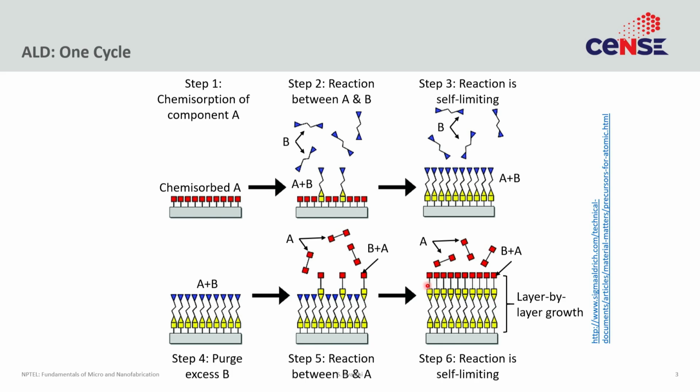And if you think about it, now this is a deposited film, and this deposited film now has a monolayer coverage of A, which brings you back to where you started, right? So this is one complete cycle. So the next cycle, the whole process will happen all over again, and you would gain one more layer of the yellow stuff that you want to deposit. So in very simple terms, or at a molecular level, this is what ALD tries to accomplish.